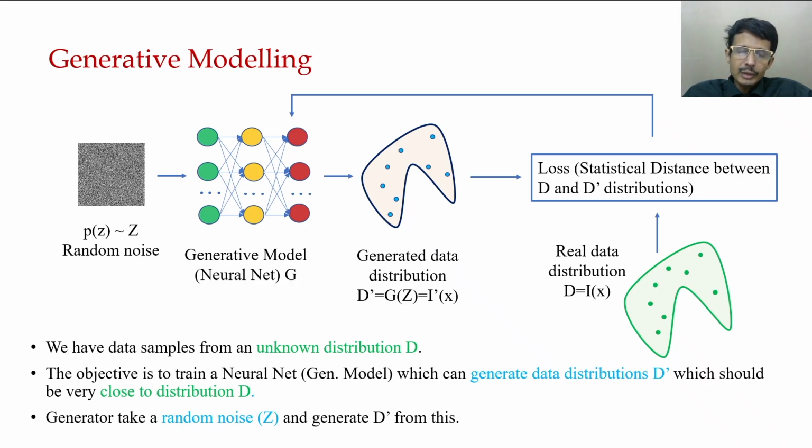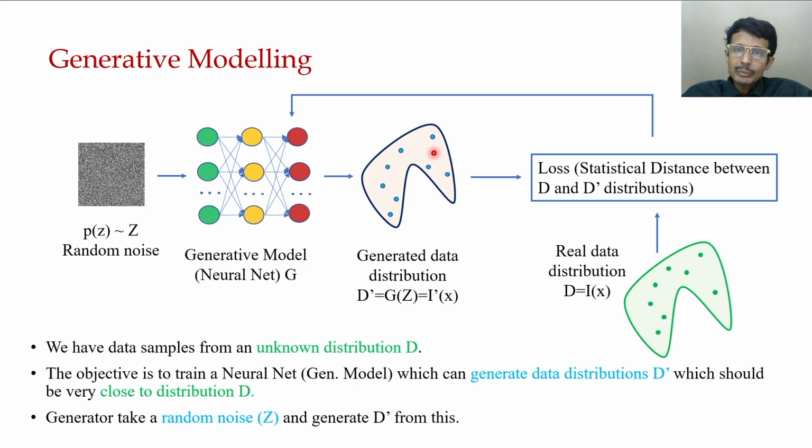Now, we are trying to understand the basic idea of generative modeling by virtue of a kind of model architecture. So here it is a very simplistic diagram of a generative model. You can see here that a generative model is basically a neural net that generates some generated data or new samples.